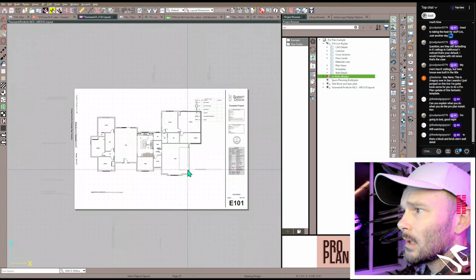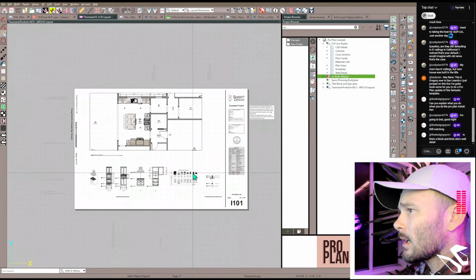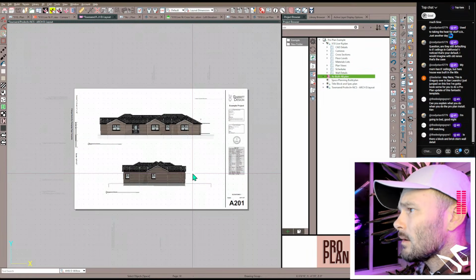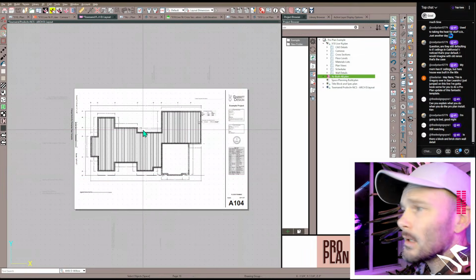There's our electrical plan that we've got to keep working on. Plumbing and mechanical, this is looking so good. Let's get to that foundation plan. Now, I call it floor framing plan because it's showing my floor framing as well as my foundation